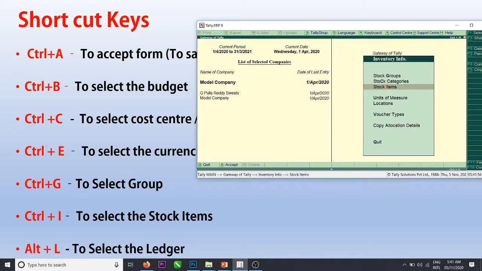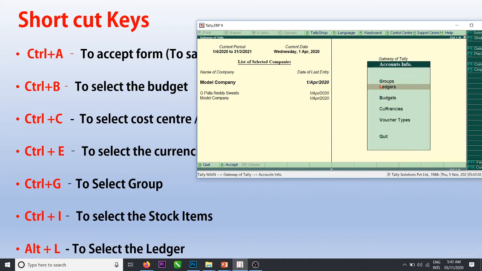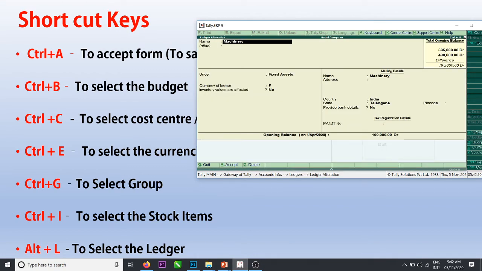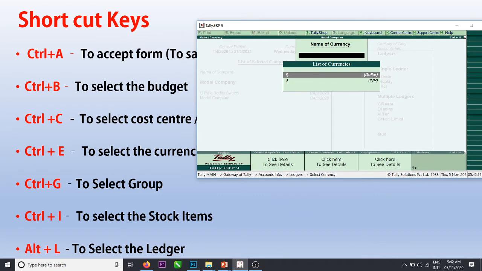I will create one stock. Accounts info. Ledger. Alter. Then machinery which I purchased and want to change. Control E. Right. But whenever we are creating the ledgers or the groups, we can set the currency directly by selecting that.